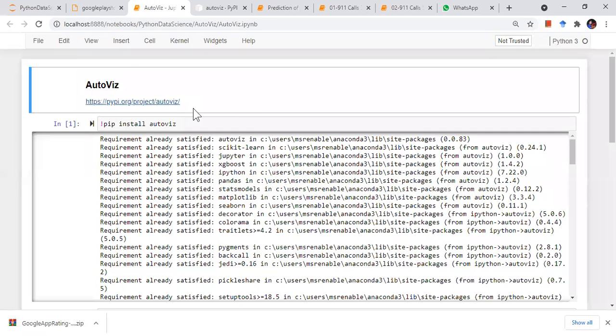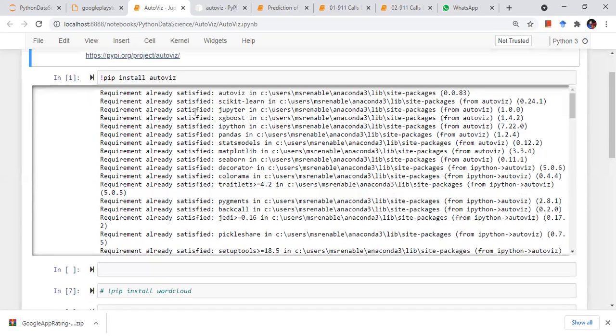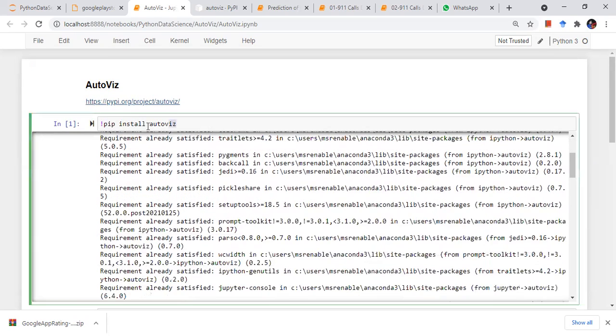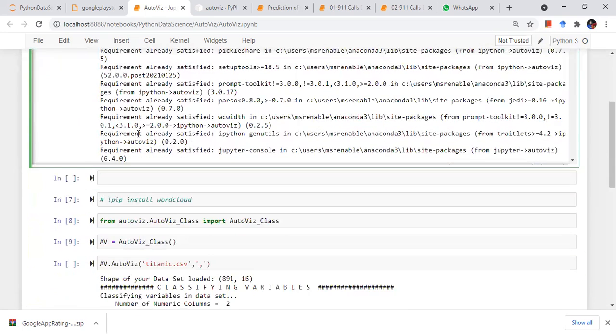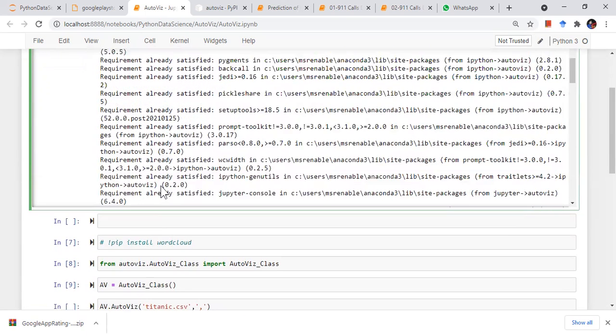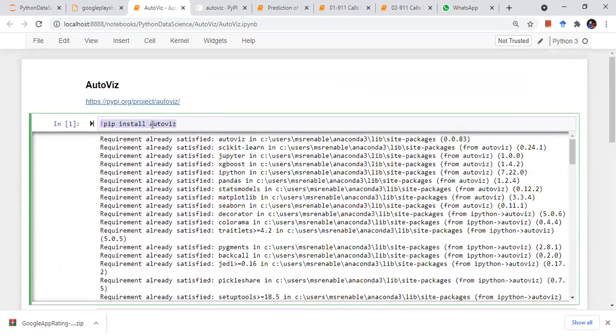You must have noticed we have discussed Matplotlib and Seaborn, and there are multiple, like 5 to 10, types of different plots that we have learned. There are a lot of visualizations which help us to understand our data in a better way, right? This library will plot your data set directly in just one line and give you all the different kinds of plots that you might want to look at. That's why it is AutoViz. It will perform all kinds of visualization.